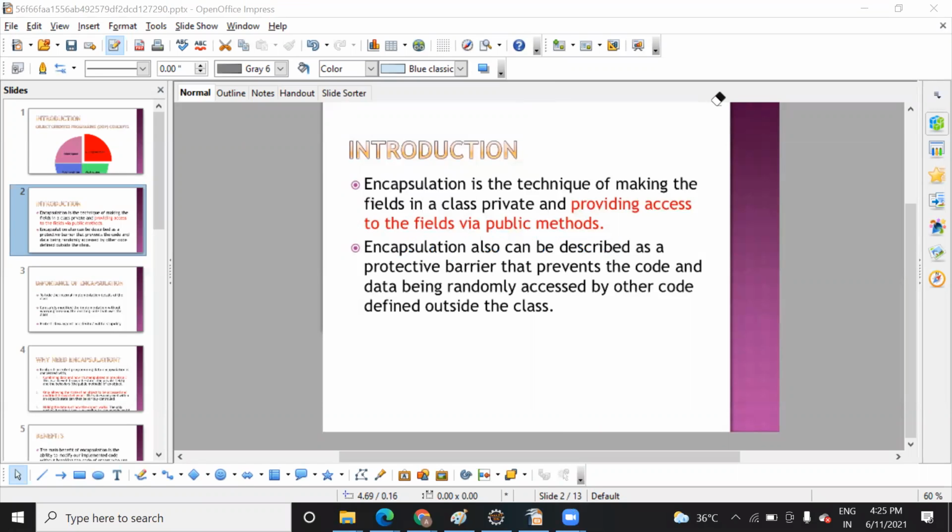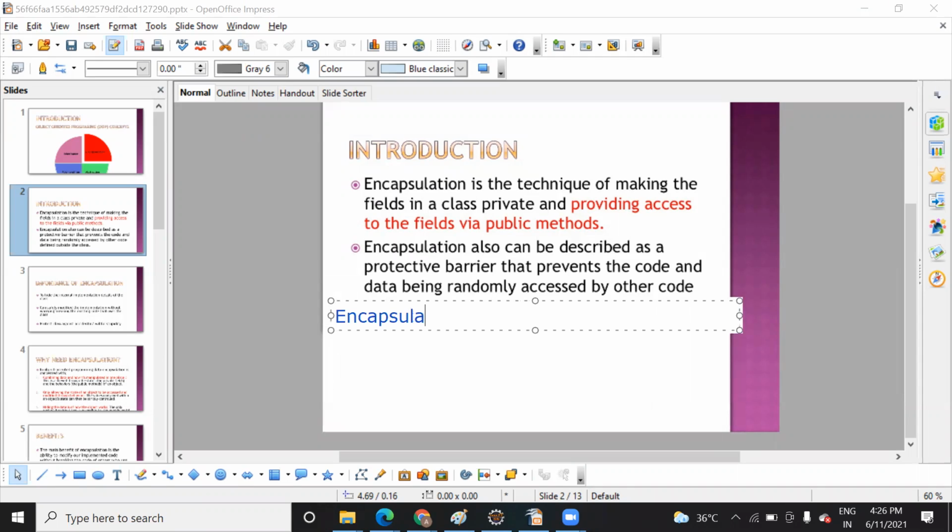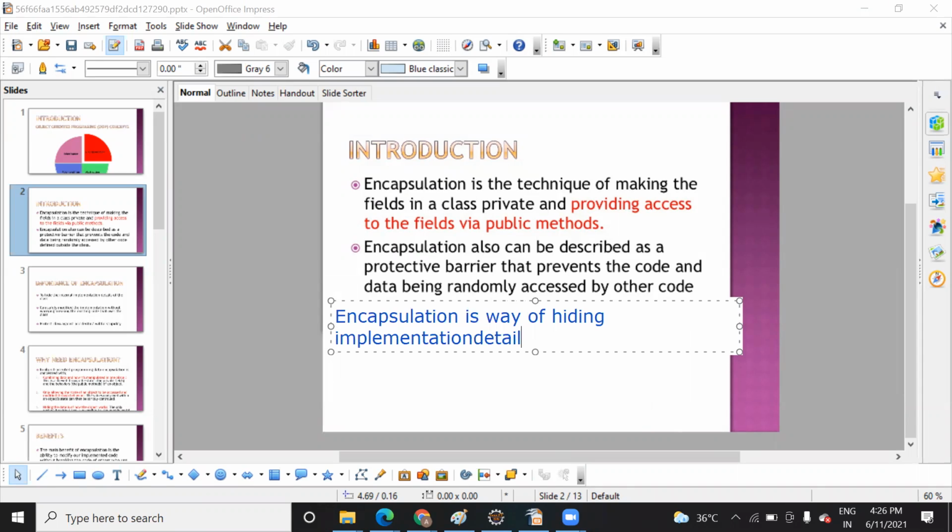So as I said, in abstraction, what do you mean by abstraction and encapsulation? If anyone asks you to tell the difference between those two, what will you say? In encapsulation, we basically use it to hide the data by using the access specifier and the visibility mode. Correct. And in abstraction also it is used for the same purpose of hiding data, but in that we use the keyword abstract and the body won't be given to that particular method. Correct.